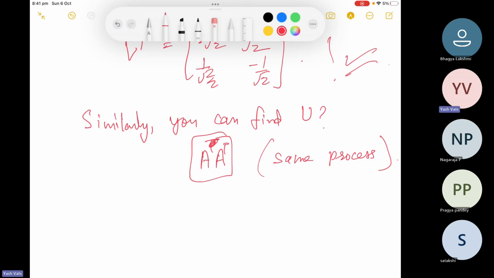And what is sigma in this case? Sigma is the square root of the eigenvalues of A transpose A. So that will be 1, 3. It will be 1, 0, 0, 3. So that is your question, and you can do the same process to find out what is U in this case. Is it clear, everyone? Singular value decomposition. Okay. So if it is clear, then